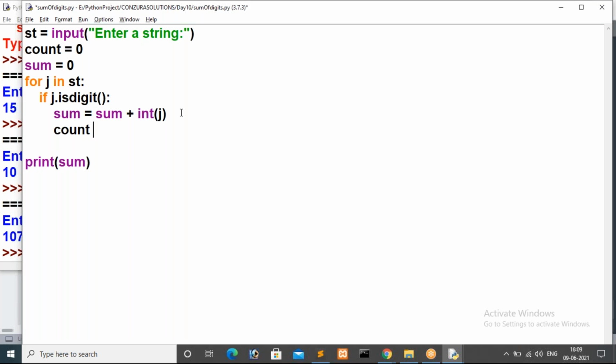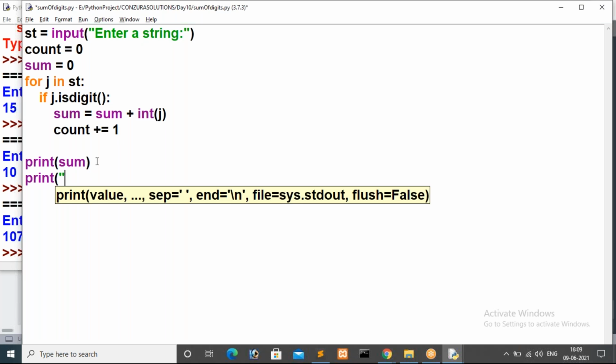Count plus equals 1. In each and every iteration we iterate over the string. Then I am printing count of digits in a string is, so I am printing count.